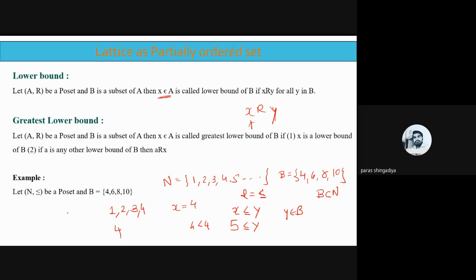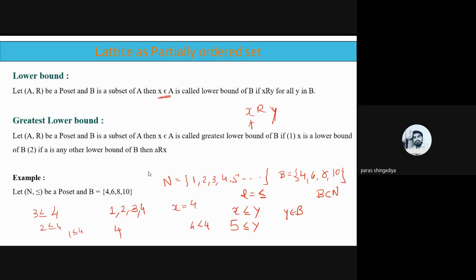What does it mean? Okay, here I consider 4 the GLB. So we can easily check that 3 less than or equal to 4, 2 less than or equal to 4, and 1 less than or equal to 4. Okay, A R X means A less than or equal to X should be satisfied. Clear? So therefore we can say that 4 is called a greatest lower bound. Clear? So first we have to identify the lower bounds, and based on this answer, okay, we can directly say that this value is the greatest compared to all the remaining. So this is known as GLB. Okay, this is called the greatest lower bound.